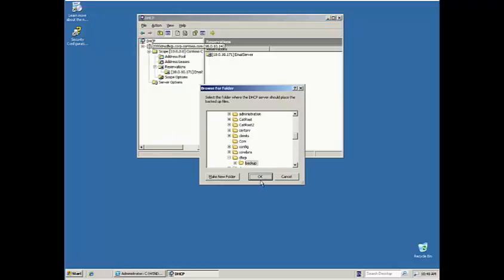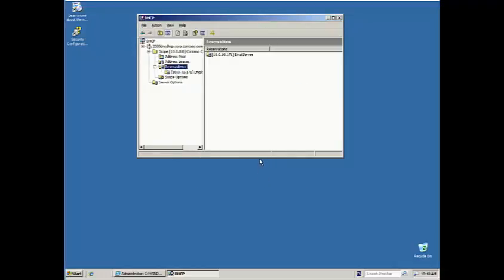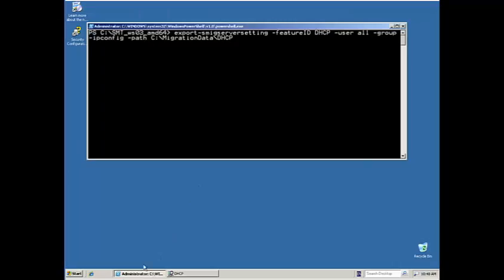What we will do now is back up the current DHCP server, and this is being used as a precaution to ensure that if anything does go wrong with the migration, we can restore everything to the way it was previously. We now run an export SMIG server setting command to export the DHCP database and settings, and in this